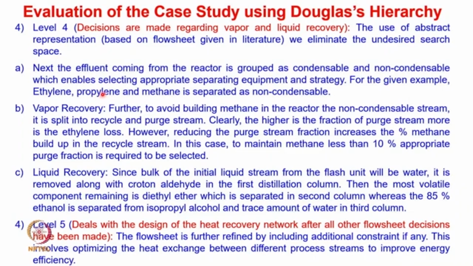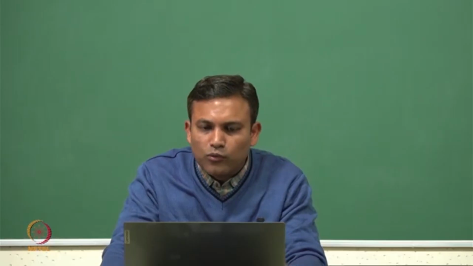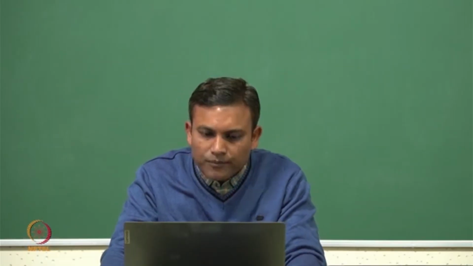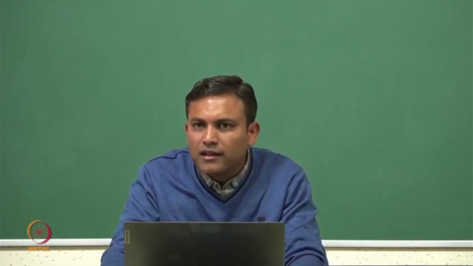So these have to be separated in the scrubber. In the scrubber, only the condensable gases like diethyl ether and ethyl alcohol will be taken out with the water, whereas the non-condensable gases like ethylene, propylene and methane will come out from the absorber, and this has to be